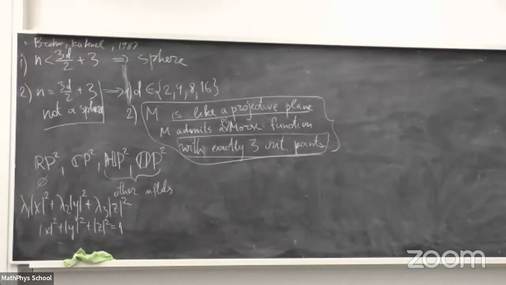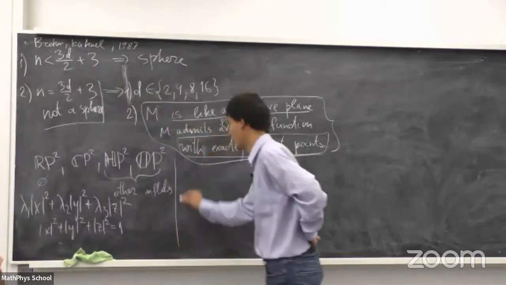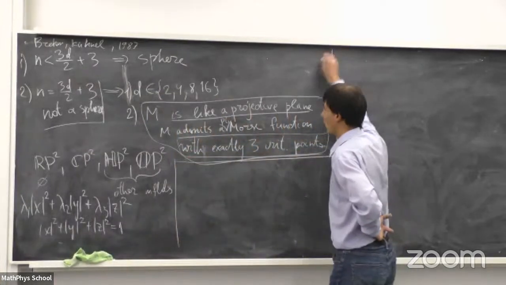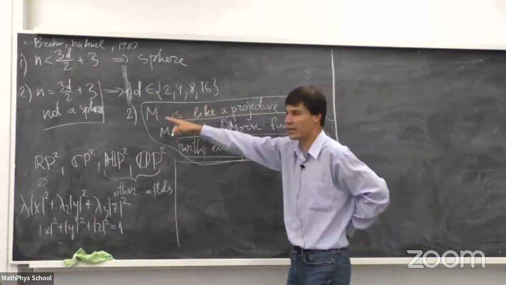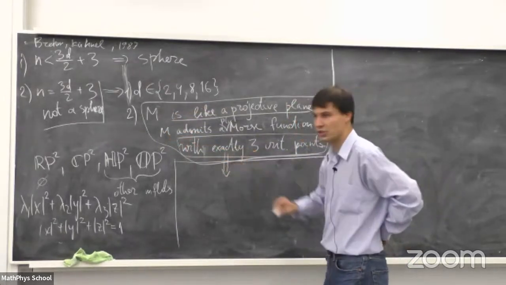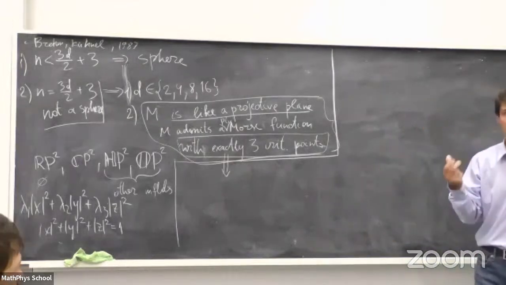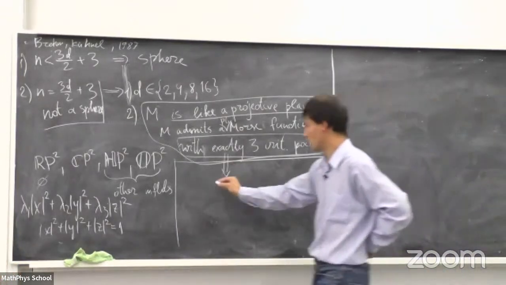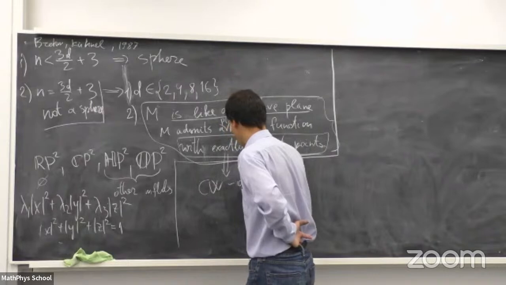Yes, with the smallest lambda it is minimum, with the largest it is maximum, and the third one has index exactly d over 2. So we have at least such a manifold. For instance, an immediate consequence of this condition is that this manifold admits a CW decomposition with exactly